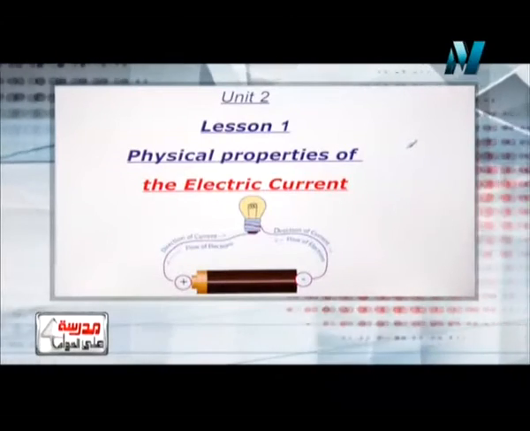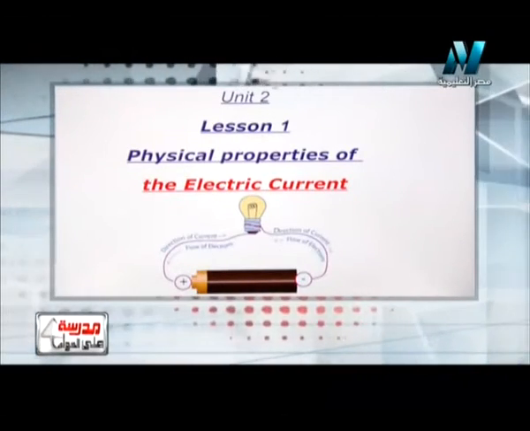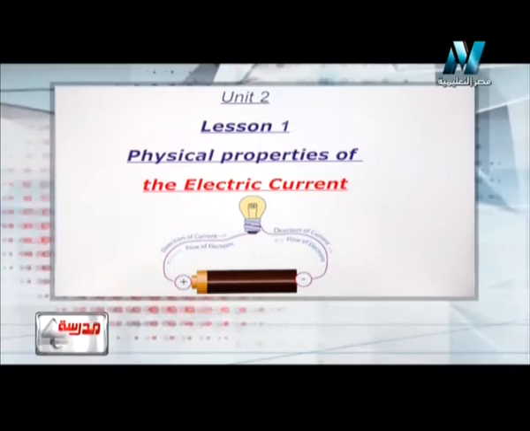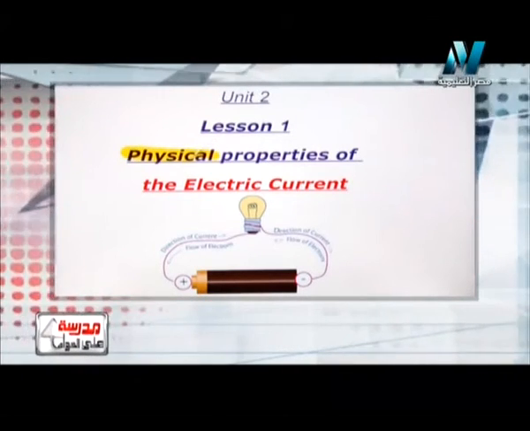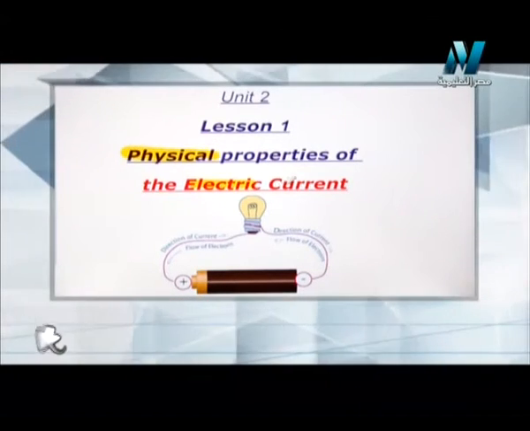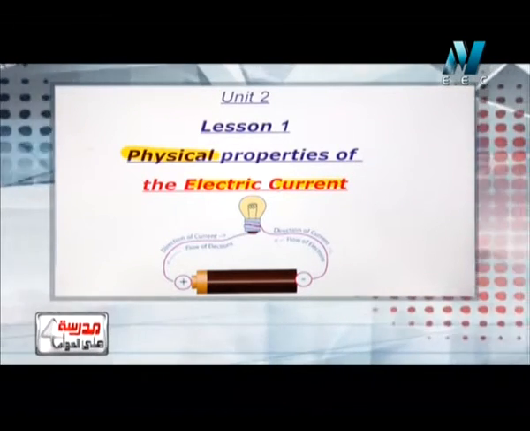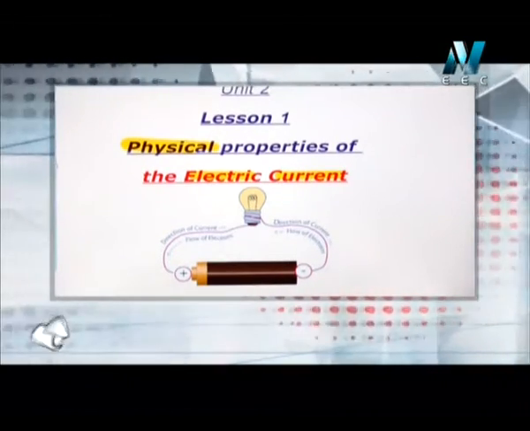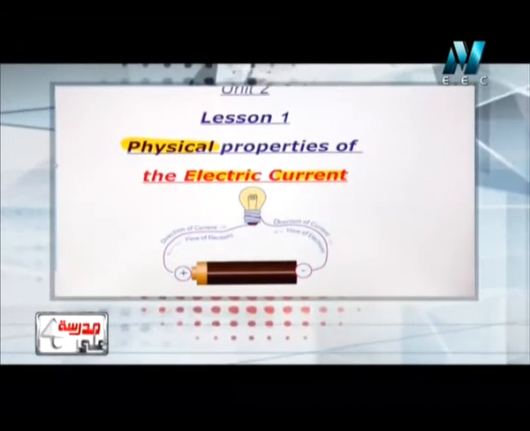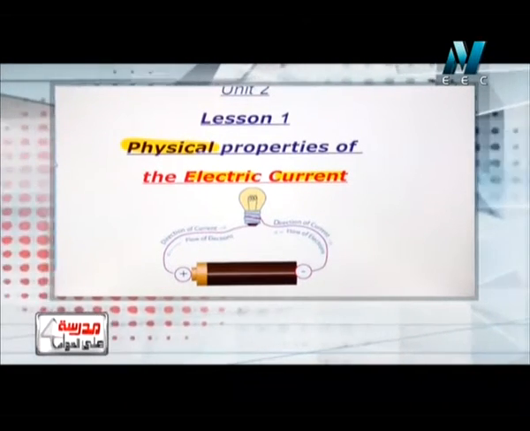هنبتدي مع بعض نشوف أول point in our lesson today. As we see here on the monitor, we have Unit 2, Lesson 1, Physical Properties. Physical properties of what? Physical properties of the electric current. يعني صفات التيار الكهربي. As we know, we have using of electricity in many fields in our life, as to